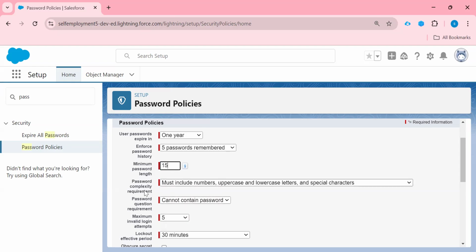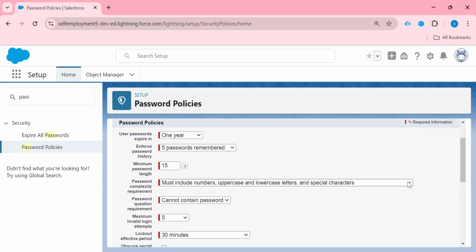Next one is password complexity requirement. Password complexity requirement means how complex your password can be. These are the given options. So no restriction means no complexity. You can select it if you don't want any complexity in your password. Then must include alpha and numeric characters, must include alphanumeric and special characters, right?